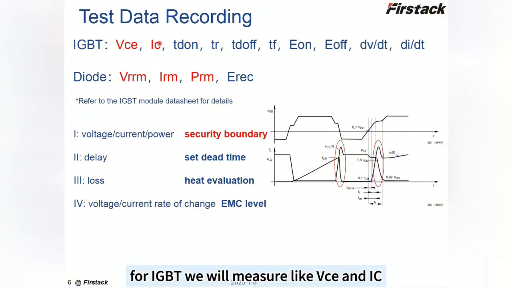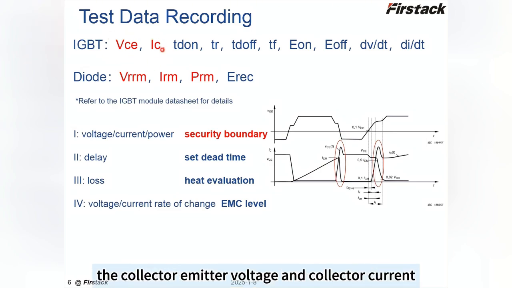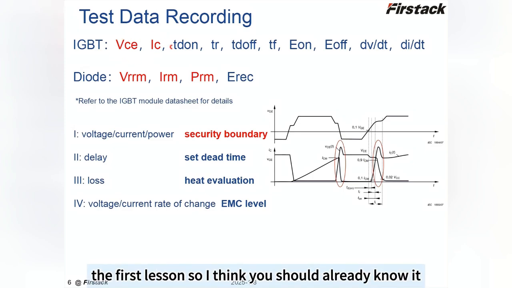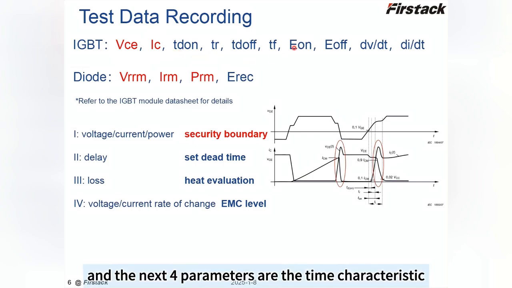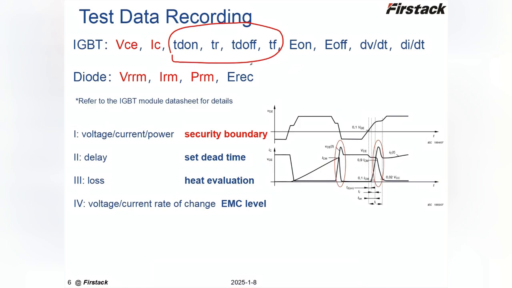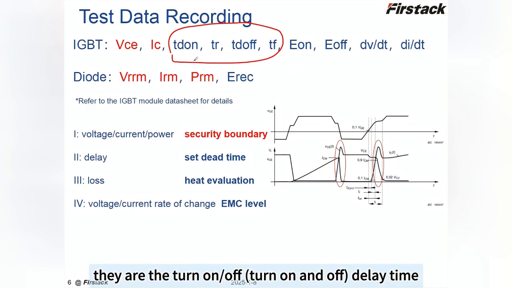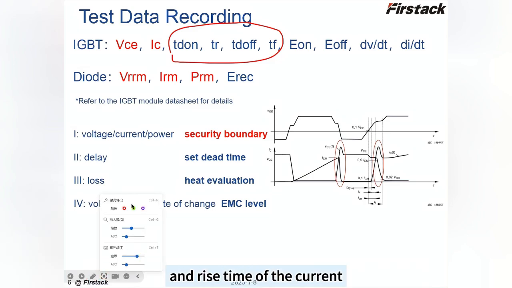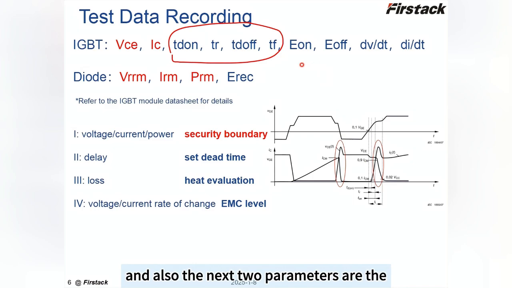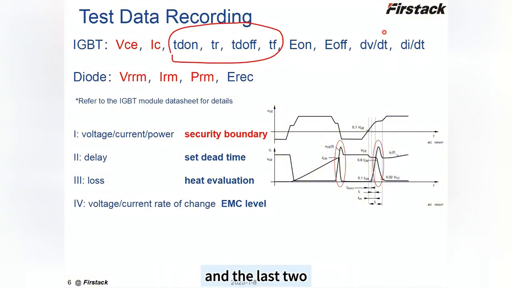For IGBT, we will measure VCE and IC, the collector emitter voltage and the collector current. I have already mentioned them in the first lesson, so I think you should already know them. The next 4 parameters are the time characteristics, which are TD on, TD off, TR, and TF. They are the turn on and off delay time, the rise time of the current, and the fall time of the current. The next 2 parameters are E on and E off, the energy loss during the on and off process,